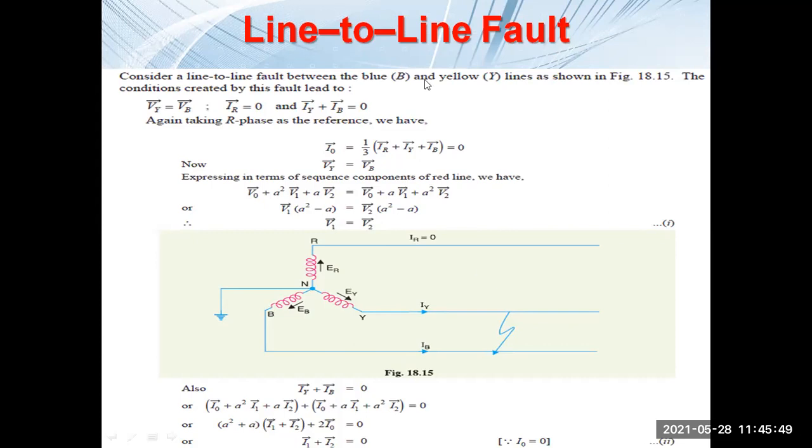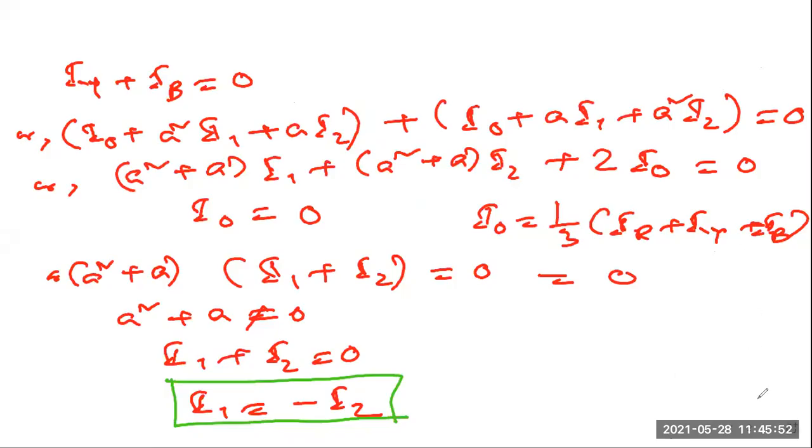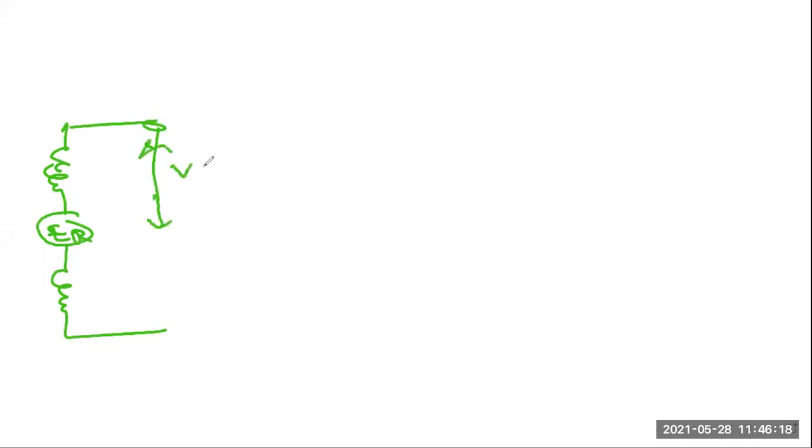In series? So let us do this exercise now. Whatever you have suggested, I will do that. This is, let us say, the positive sequence, and we have connected the negative sequence. This is your V1, because this is the positive sequence network, and this is your V2. This is your X2, this is your X1. This is your I1, this is your I2.